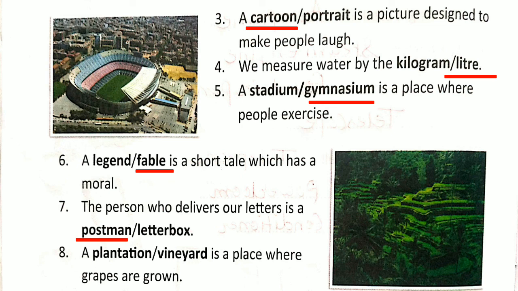Okay, now number eight, a plantation or vineyard is a place where grapes are grown. So, which place is where the grapes are grown? It's called plantation or vineyard. Yes, it's a vineyard. So, vineyard is a place where grapes are grown. Okay, very good. Now, next,